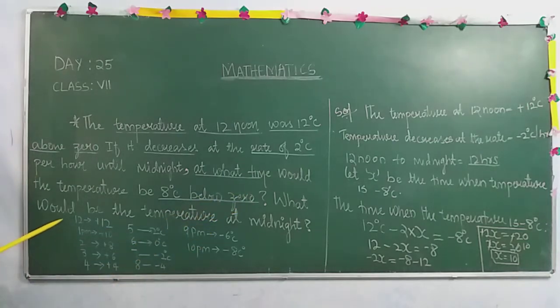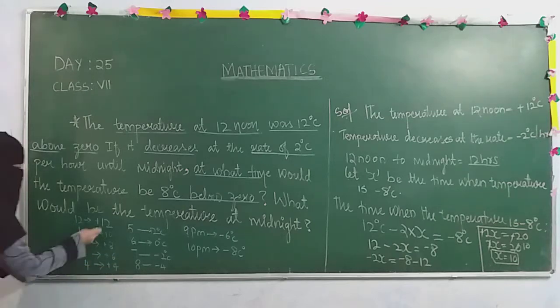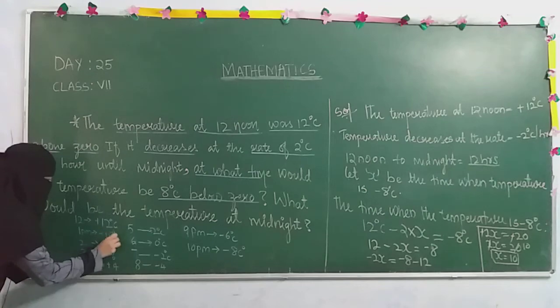So how do we do it here? We first give the time, then the rate of temperature decrease. This is the initial temperature, then afterwards the timing changes. It was 12 noon, after 12 noon it is 1 pm. At 1 pm the temperature becomes 10 degrees centigrade. Why? Because previously it was 12, and now the temperature is decreasing. Decreasing means it is becoming less. So 12 minus 2 is 10. Then again at 2 pm the temperature becomes 8 degrees centigrade. Everywhere you need to write degree centigrade.